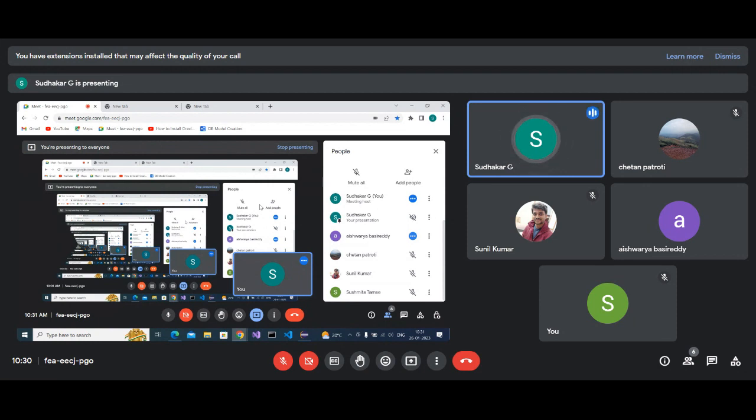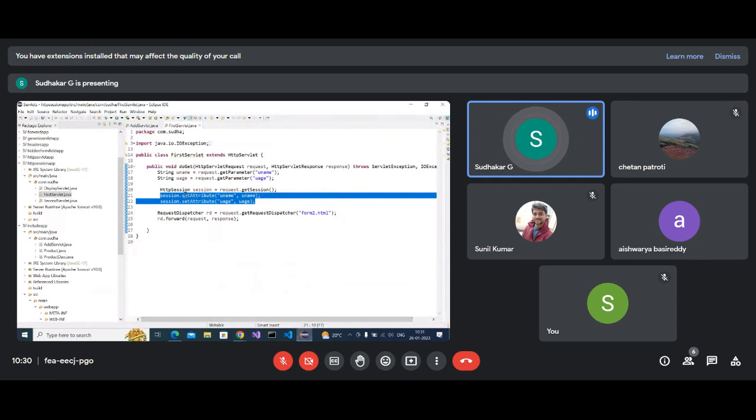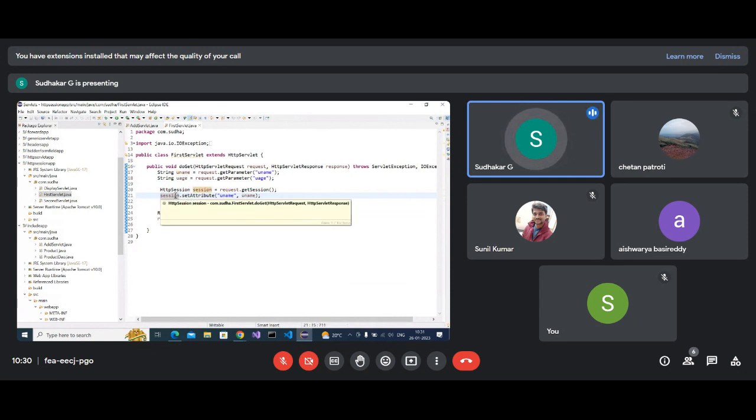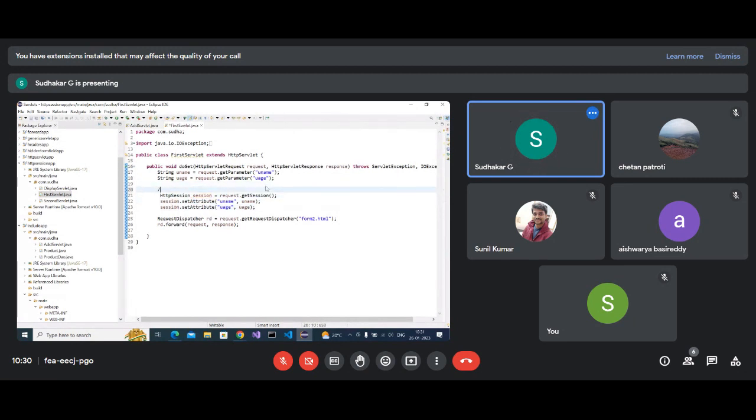So how can you get the values from the session object? With session.getAttribute. While setting the values, you pass the key and value, but while getting from the session object, with session.getAttribute you pass the key only. What is the key? uname. So there are two scenarios: create the session object